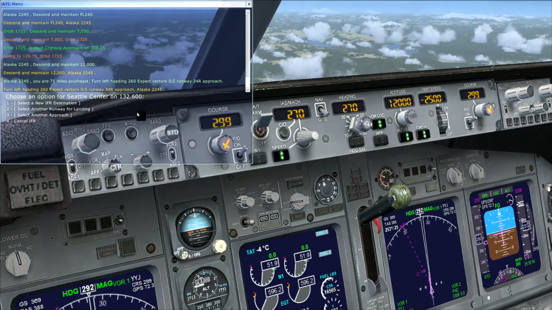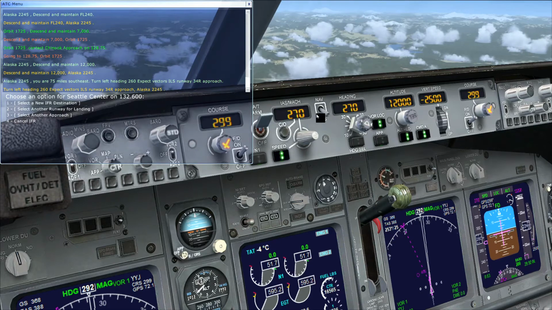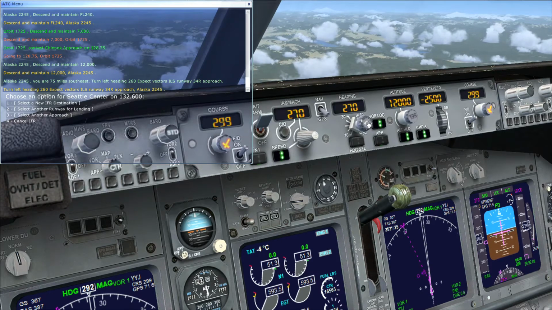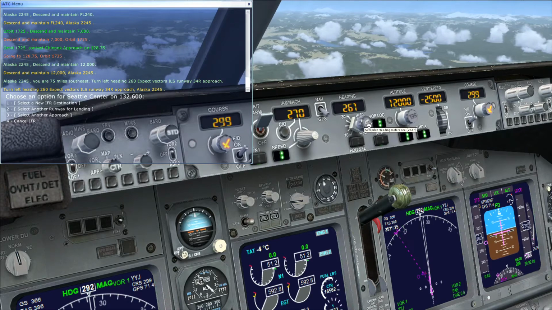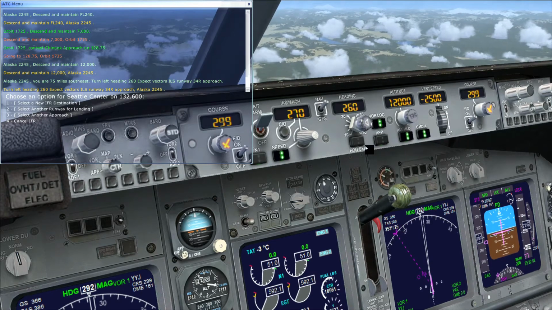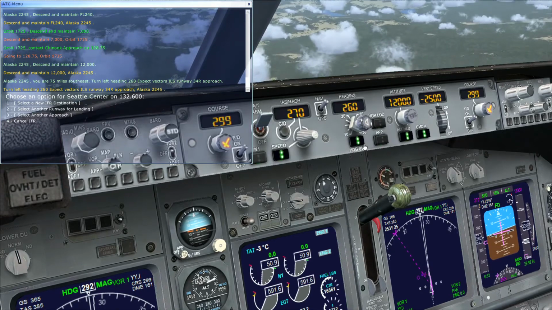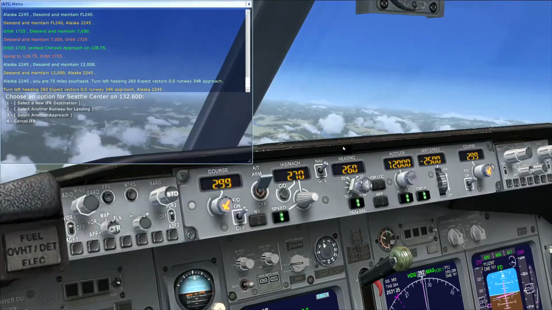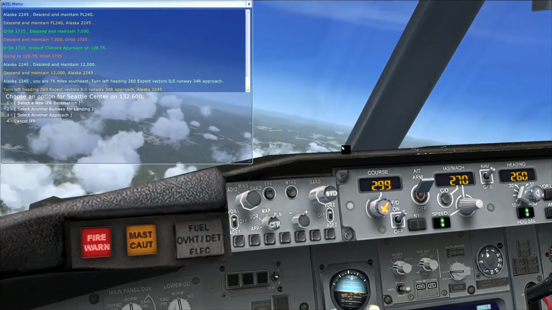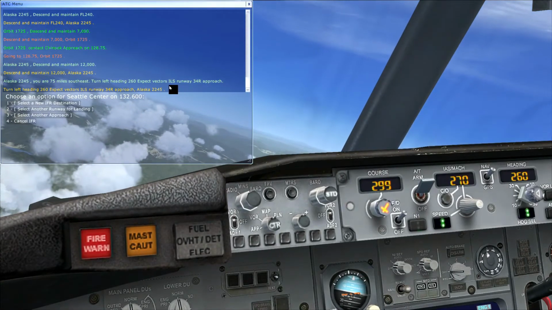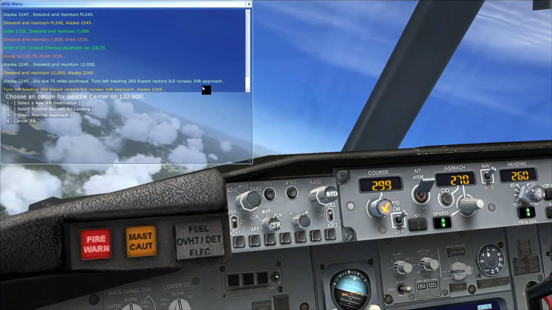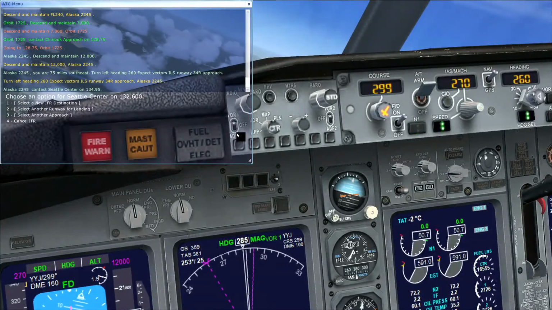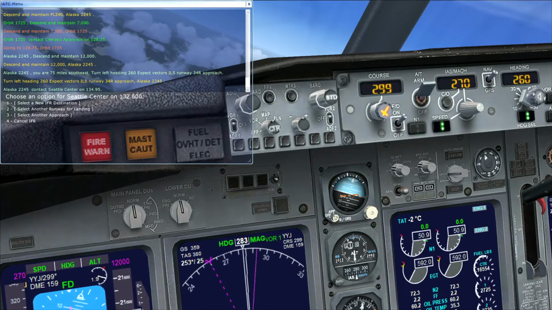Okay, so this is the part where you're going to go ahead and switch back to nav. So it says 260, so we'll go ahead and set that to 260. Switch back to nav, and this back to heading select. And as you see, it says that we've been told to expect vectors ILS runway 34 right approach. So at this point, well, after this,